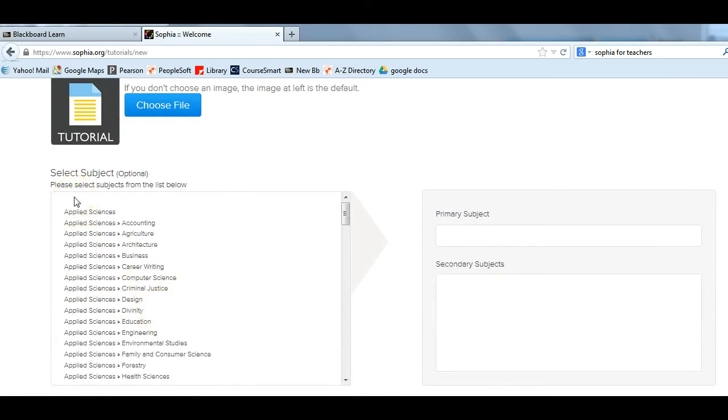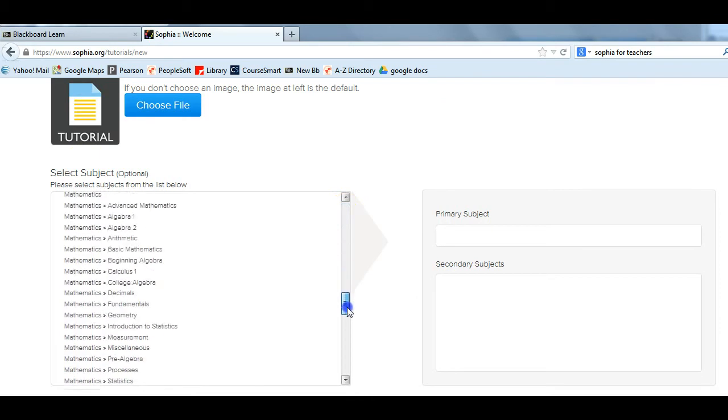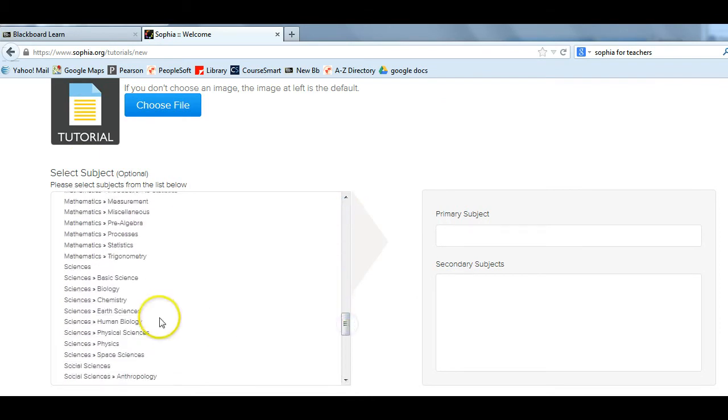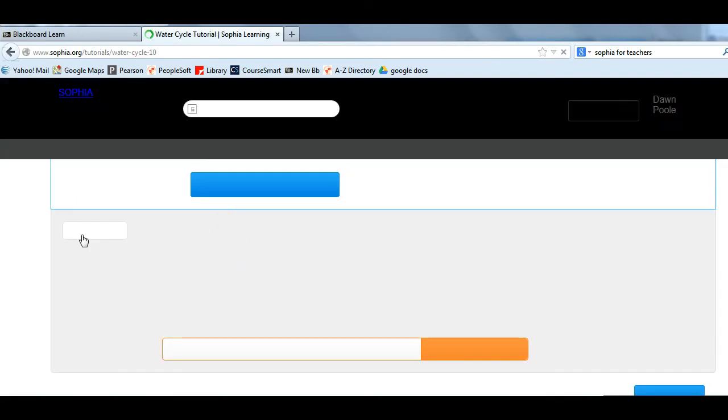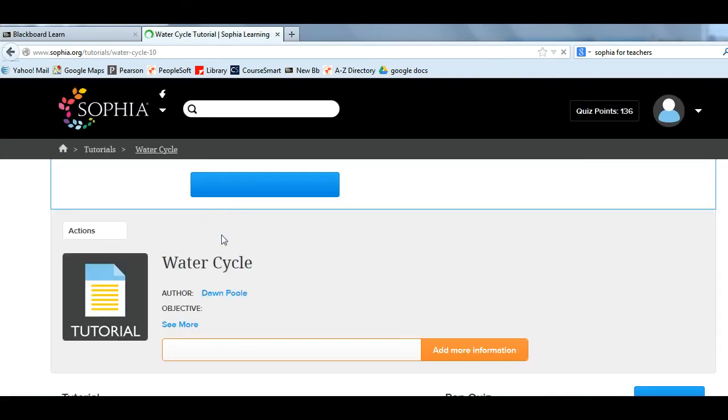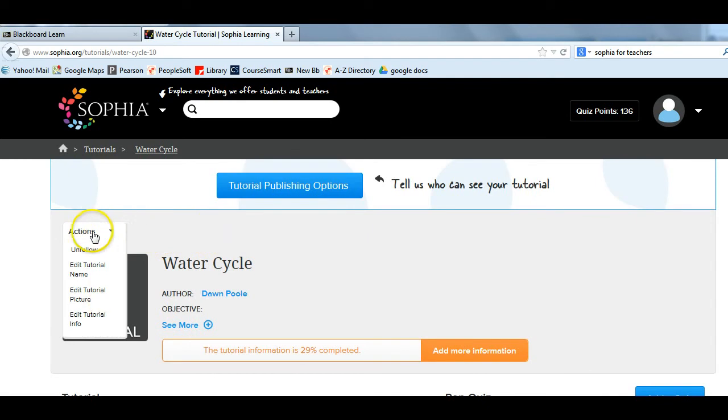It does make you create or select a subject for the tutorial that you're creating. So I'm just going to hit basic science, and then I'm going to click create. So this will be the initial tutorial. It will be a blank shell initially, and then I'm going to come up here under actions and I'm going to say edit tutorial info, and